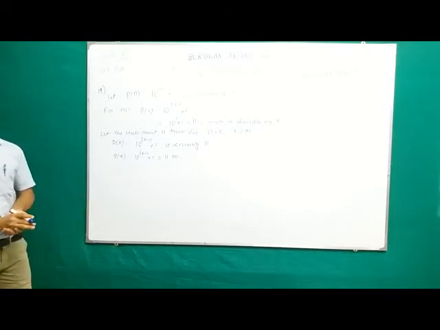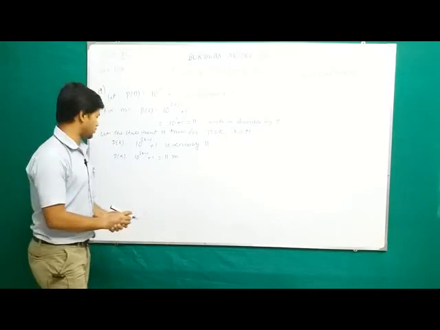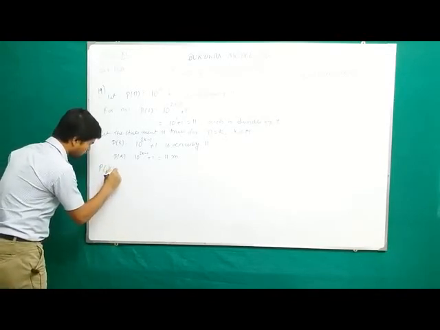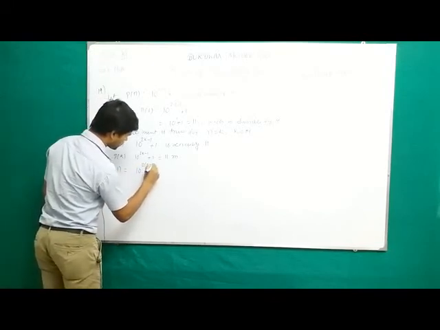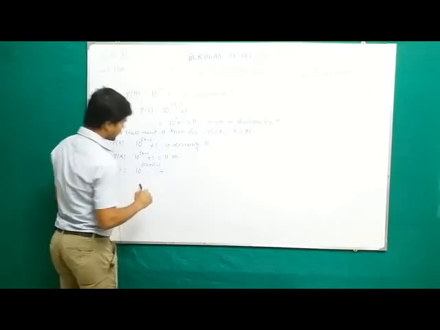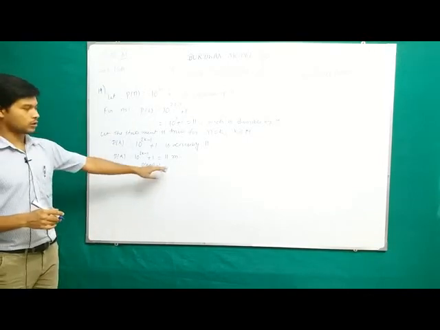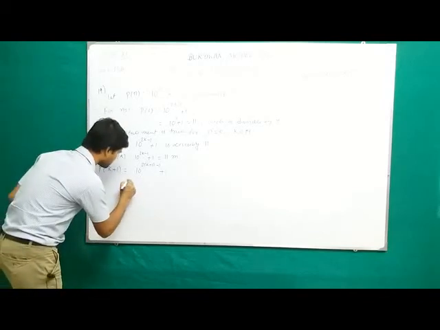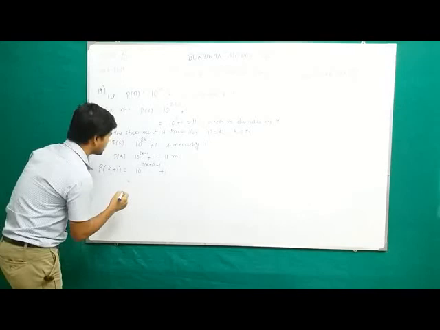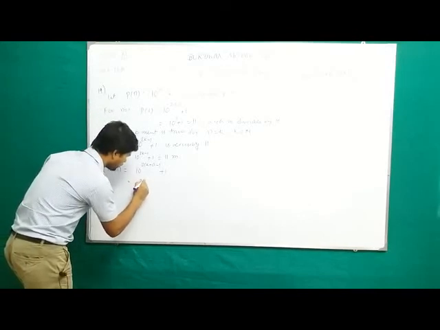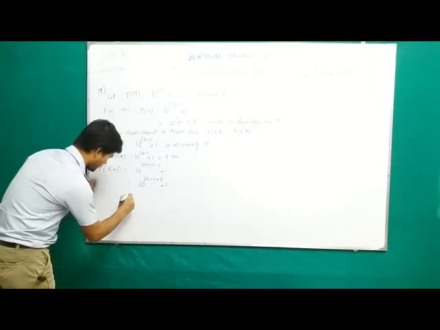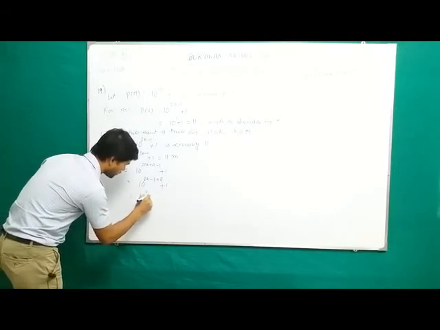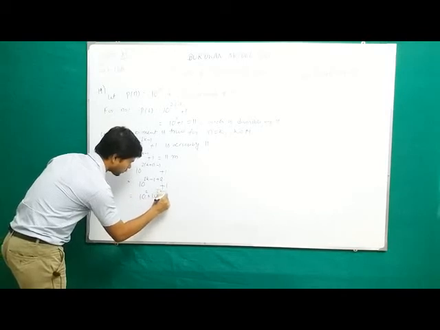Now we shall prove that the statement is true for n equal to k plus 1 also. For that, consider the statement P of k plus 1, which is equal to 10 to the power 2 into k plus 1 minus 1, plus 1. And we have to show that this expression is also divisible by 11. Now that can be written as 10 to the power 2k minus 1 plus 2, plus 1. That means 10 square into 10 to the power 2k minus 1, plus 1.